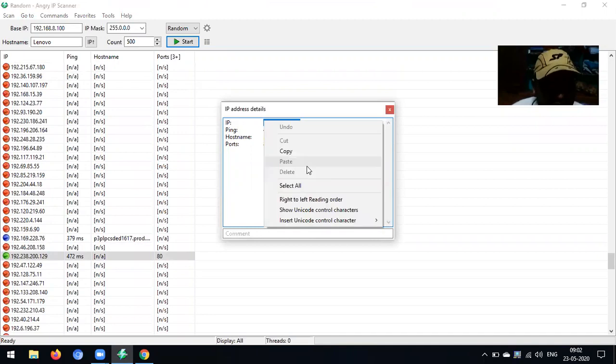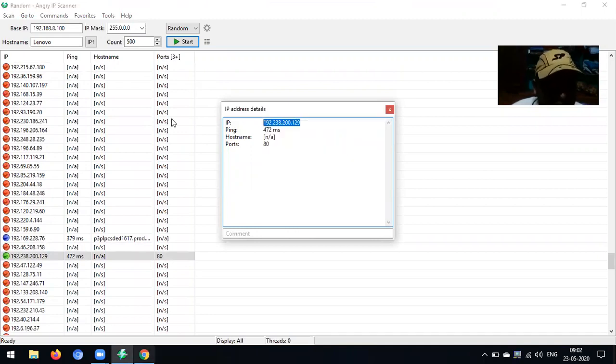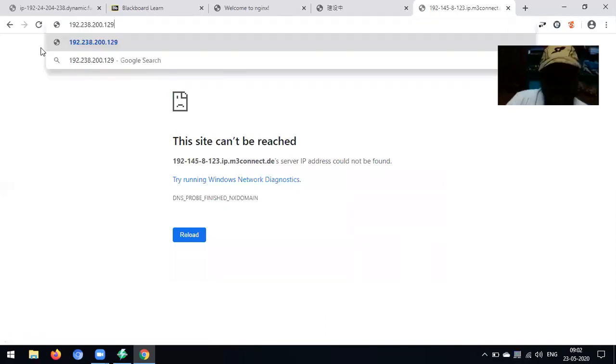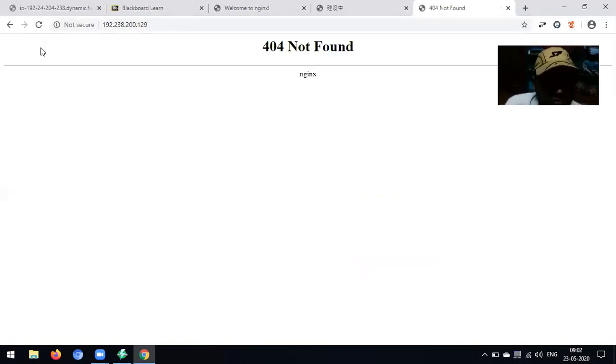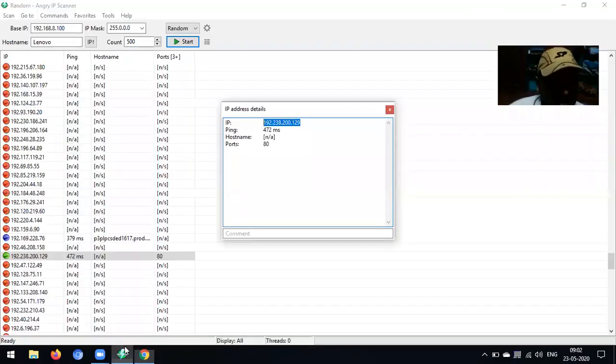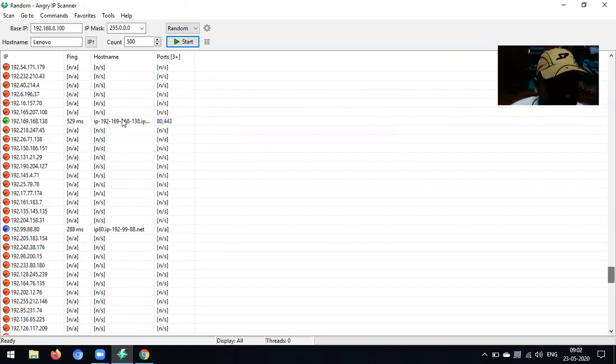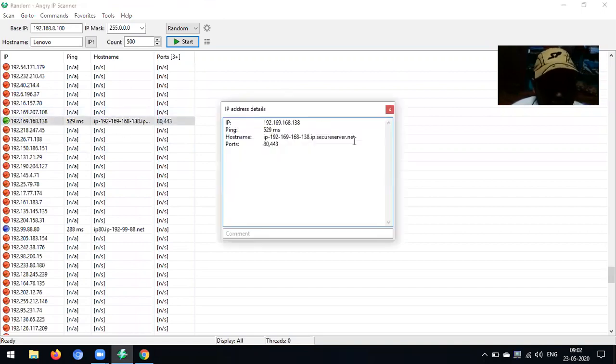Actually, there is one website we did on Blackboard. Okay, this is also built with Angular. An Angular website we cannot access. If it is less vulnerable, we can access it. Otherwise, it is very difficult. But you will get the IP. If you have good talent in Kali Linux, you can access that.